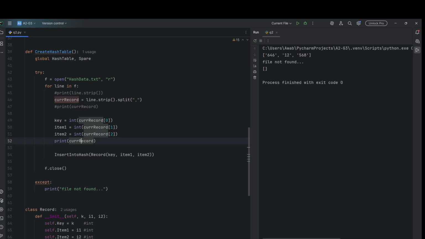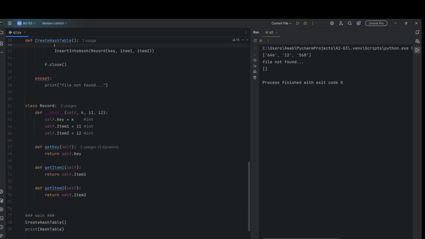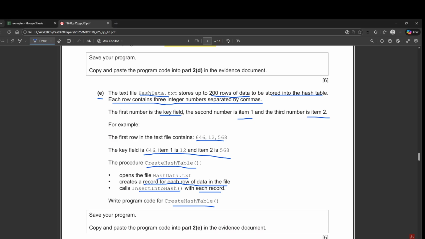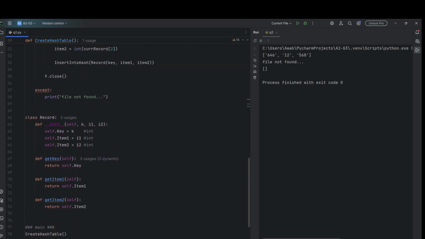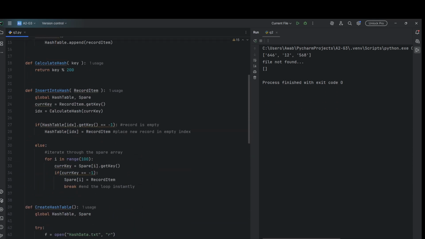Yes, it is actually printing the records, so there must be some issue with the file. Okay, we'll come back to this in a bit. Okay, so the next part: there is an issue here when we run the code, and the reason is